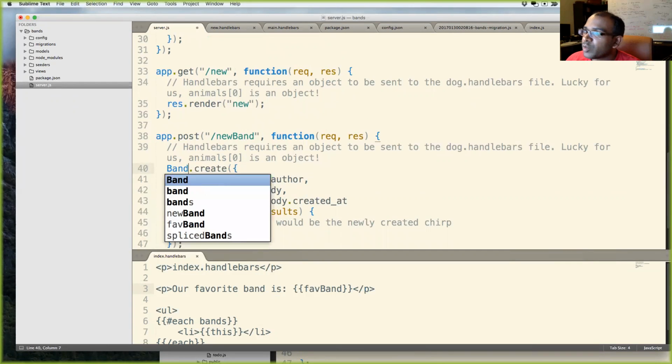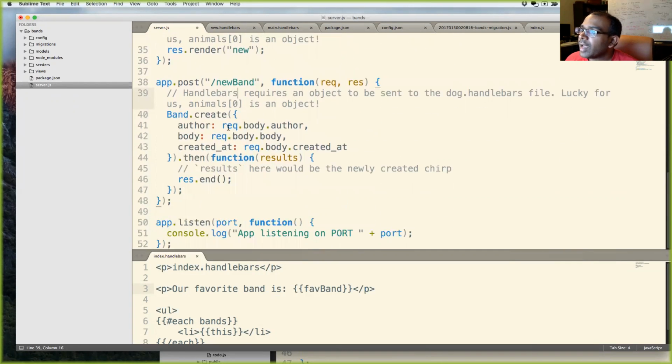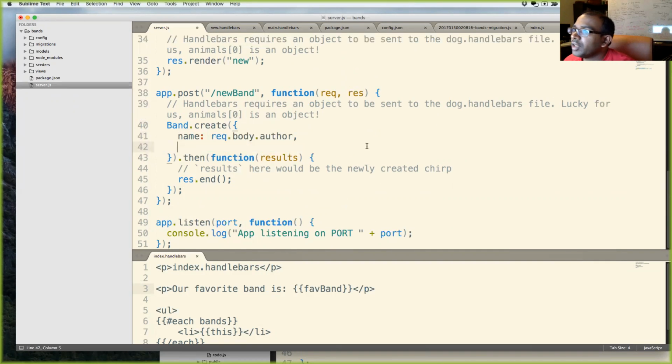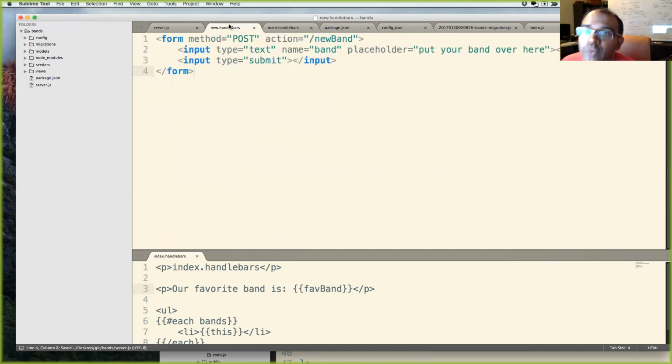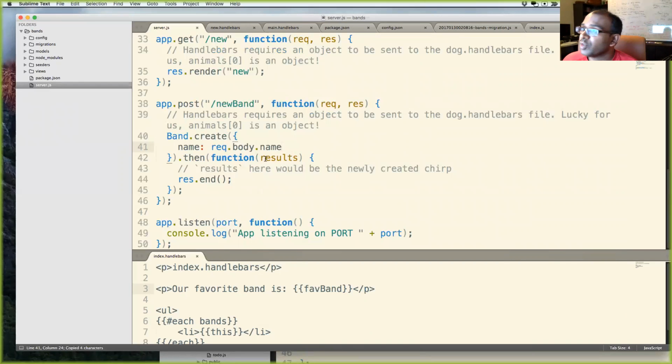And then it's Band right here, and it's not author, it's name. That's all I need. And over here, I'll do req.body and it's name. The reason why it's name is because inside the new handlebars file, wait, it's not name, it's banned. It's banned because the name attribute is banned right here. So I'll do banned.